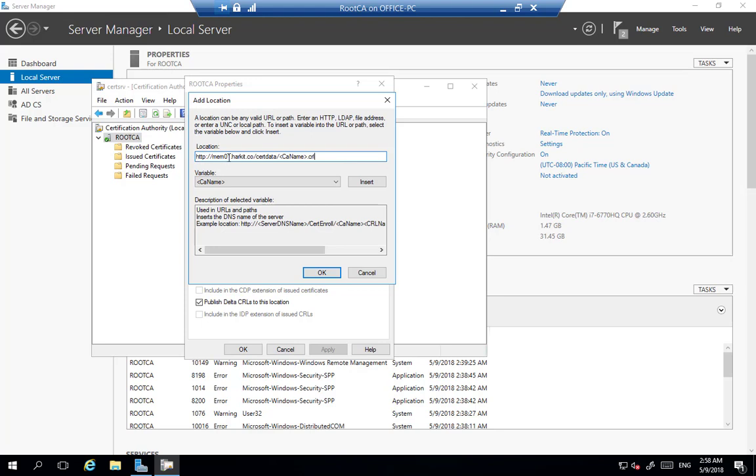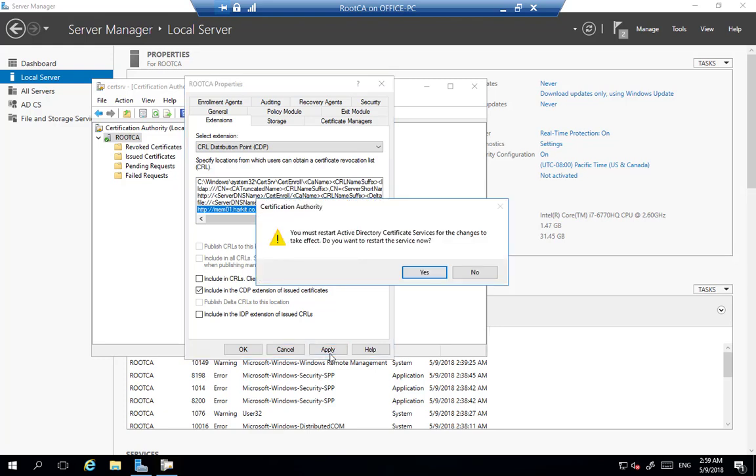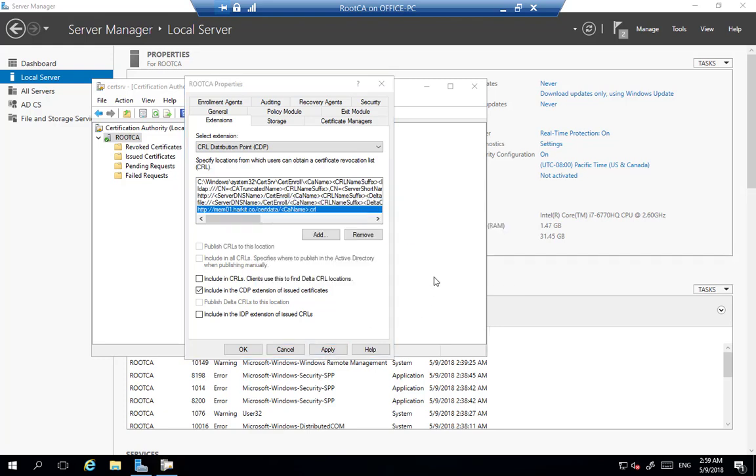So I'm going to locate the CRL distribution point on my member server. I'm going to click OK there. I'm going to say I want to include this in the CDP extension of any issued certificates from this CA. So from now on, any certificates that I issue from the certification authority will include that as a URL where users can obtain the certificate revocation list for my root CA. That will restart the service,